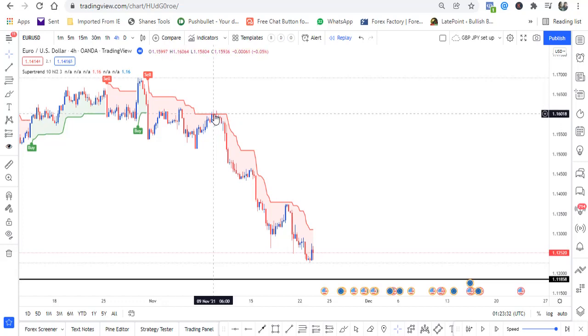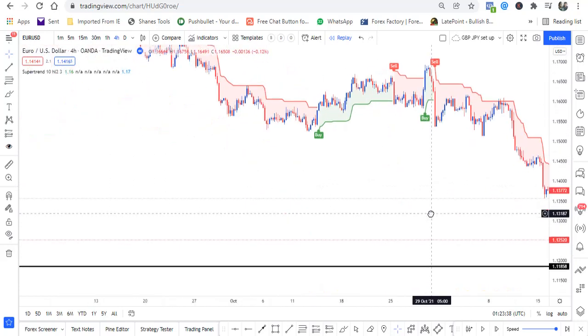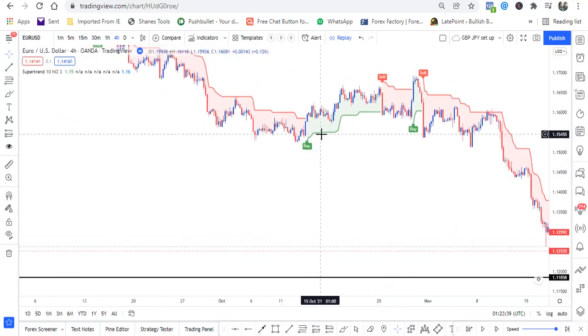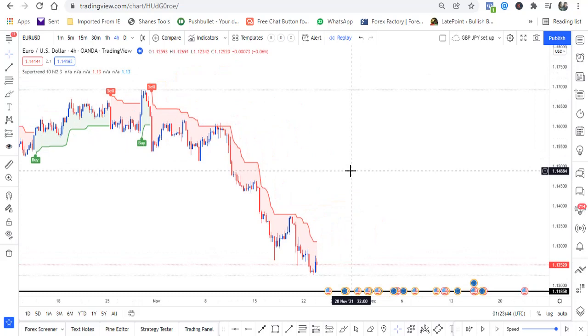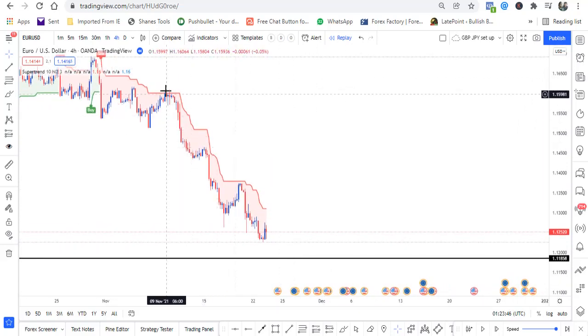You can see how it is resisting price at these zones. That's when price is bearish, the indicator is above price, and when it's bullish, you see it below price, serving as support. That's one cool thing about it. So that's one confluence. If you saw price touching it here,